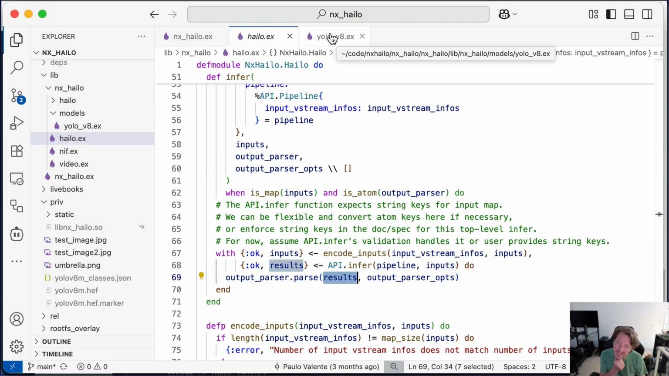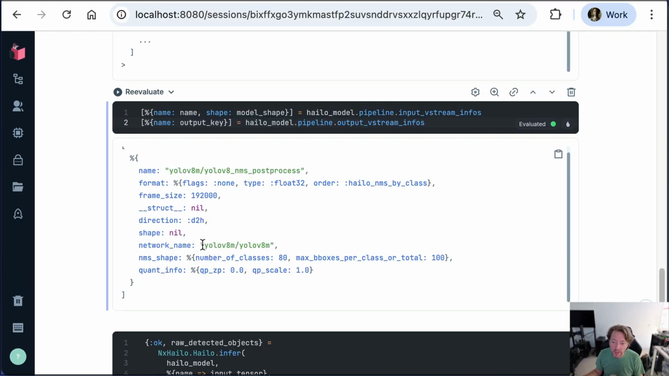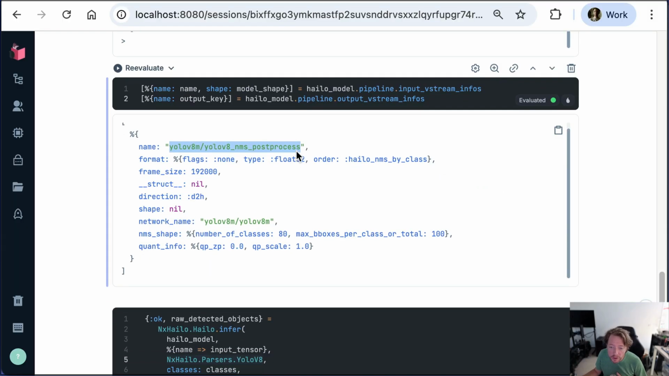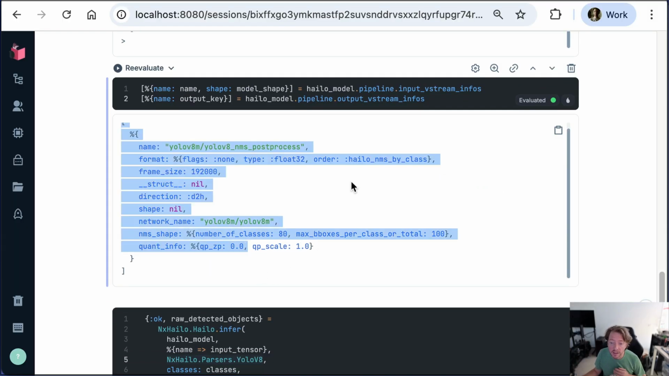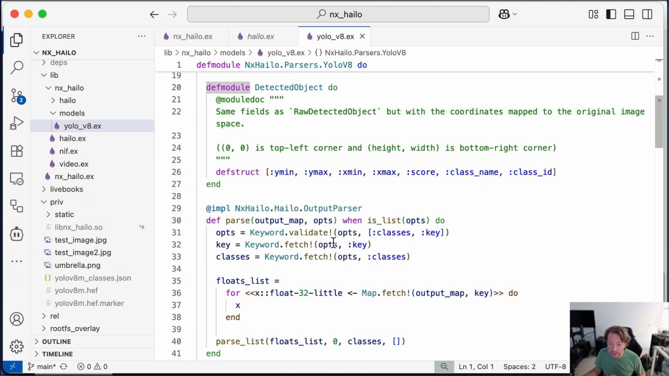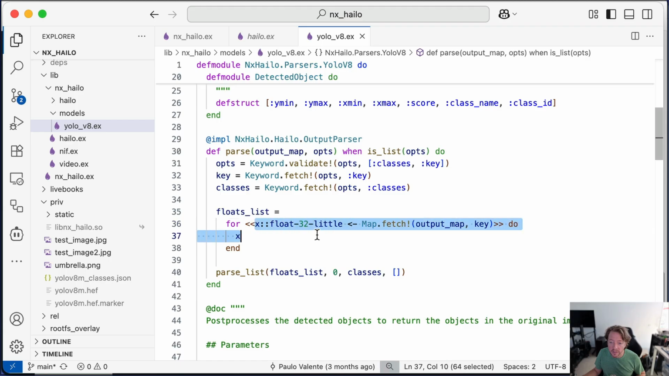Actually, I think it's a map with the key matching this key here, and then the value is a binary. And the binary needs to be parsed based on the information of the output. So in this case, it's a float. We don't need to dequantize. So we run the parser, and here it's basically converting the binary to a list of floats, and then the list of floats is